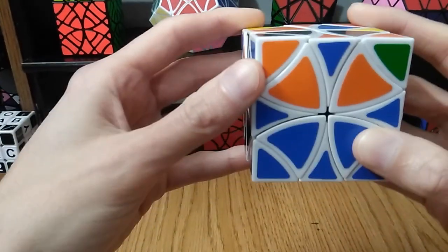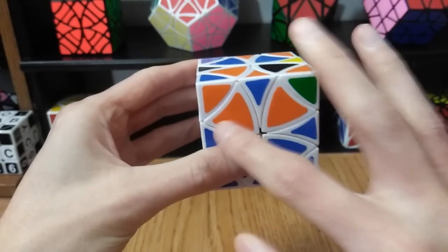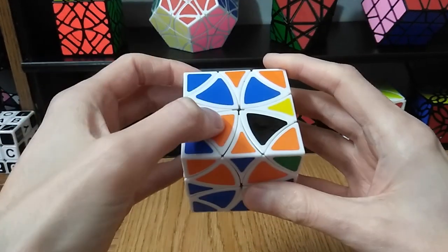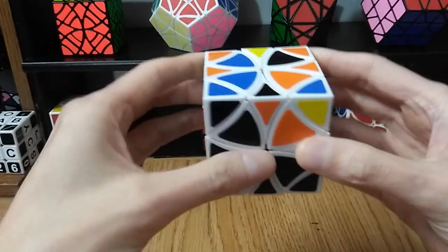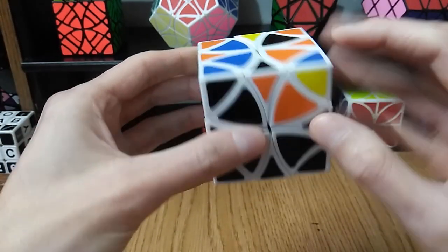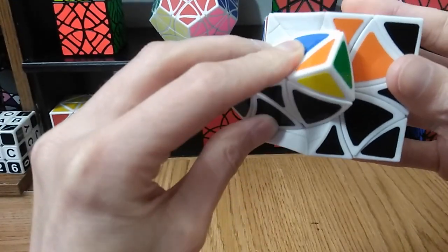And here, neither one of these blue pieces are in the correct orbits to end up down here. This one needs to go here in order to switch down to here, and this one needs to go here in order to switch down to here. So we're going to go the same way we've been doing things. I'm going to bring this blue one down to the left, and I'm going to bring this black down to the right, because I don't have the black solved yet. So if I bring this down, and then do a jumble move,